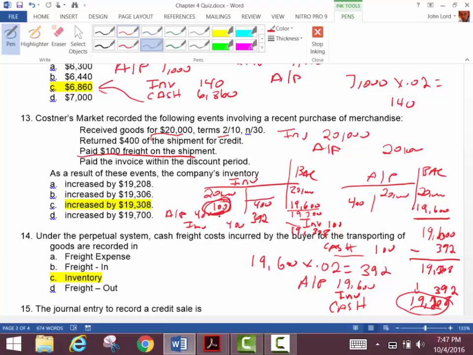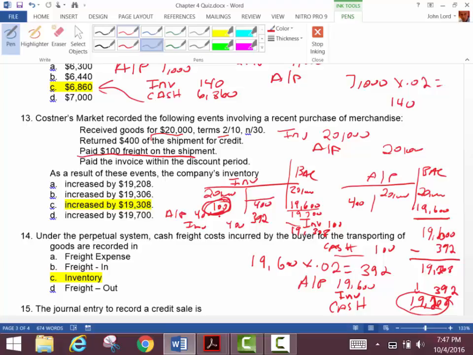Then what happens? Then I go ahead and I pay the freight on that, right? And the freight, the rule is, goes into the inventory account. So I go ahead and I debit inventory for 100. I credit cash for 100 because them's the rules. You ask me why? 7 people decided that. They called it the Financial Accounting Standards Board. I don't know what else to tell you. They're the ones that are ruining our lives. So we debit the inventory. It's now $19,700 in the inventory account, right?